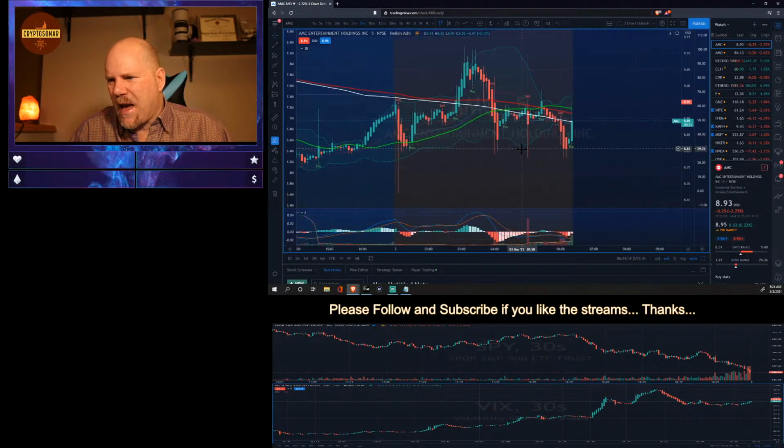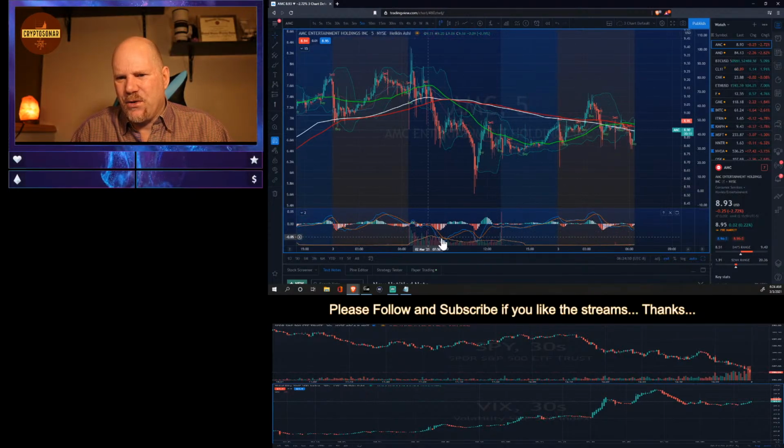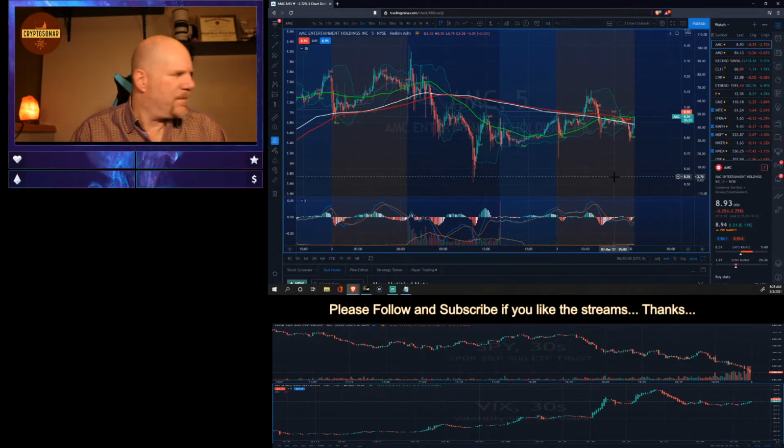You know, it's gapping up ever so slightly here as we get closer to open off this bottom. You do have a little bit of a downtrend in the pre-market, but again, the volume is going to be so light compared to what we normally see. So, this is regular volume down here. This is pre-market volume over here.